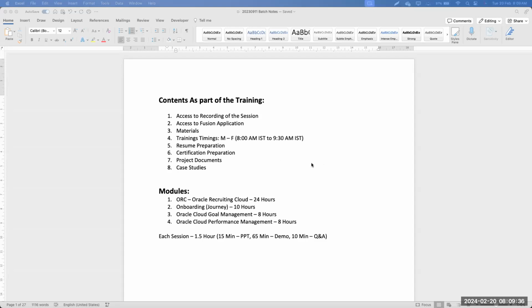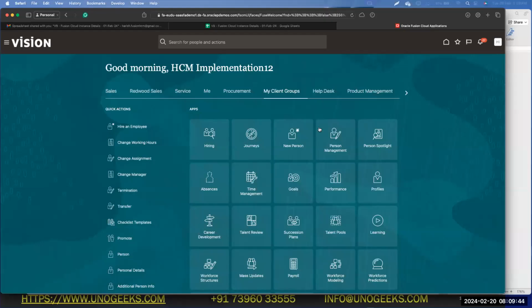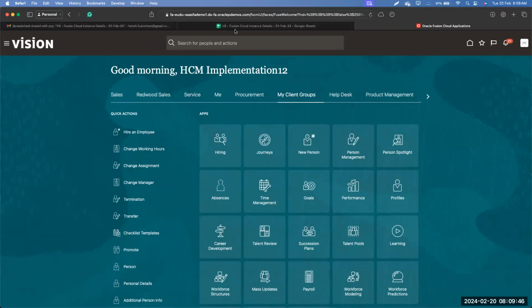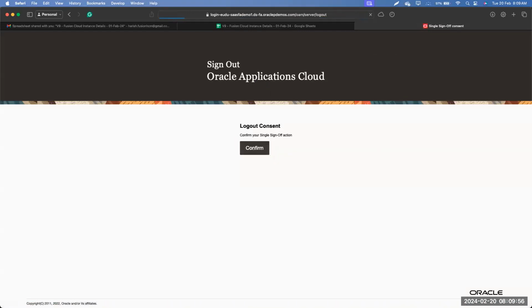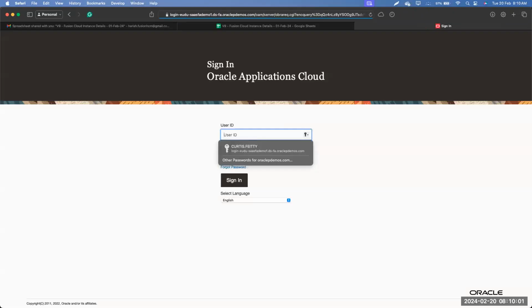So even in today's session, I thought of getting a little more into the details about the Fusion application so that it would be easier for everyone's understanding. Okay. So this is how the Fusion application will look like. But let me just sign out and then come from the beginning, I mean, from the login page.